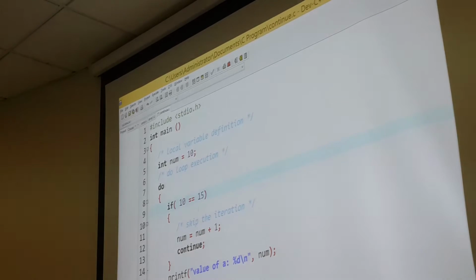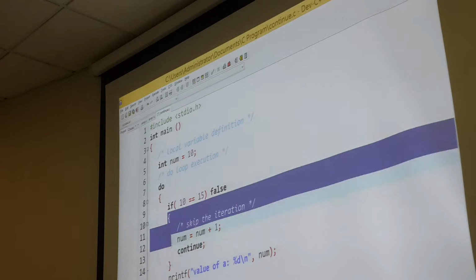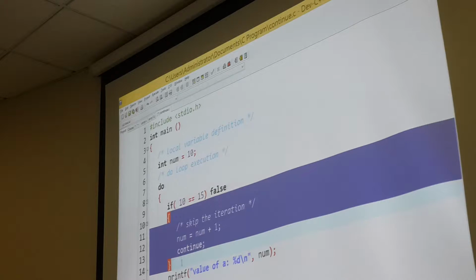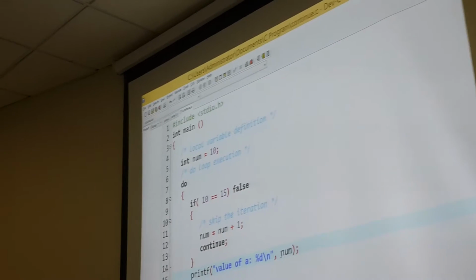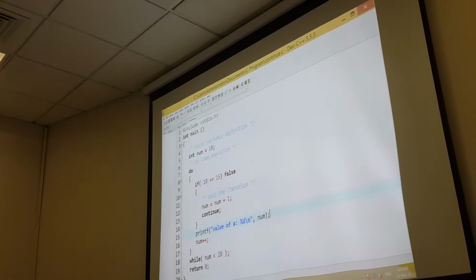We have 10 here. So this condition is what? False. This condition is false. If this condition is false, it will skip this statement. It will directly come to printf. In printf, I have printed num. So what is there in num? 10. So it will print 10 here.